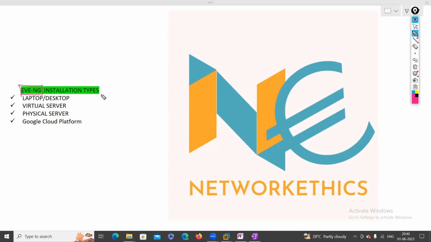GNS3 will not support normal switching properly, though it supports routing protocols and other devices efficiently. And the Packet Tracer tool has some limitations, where some Cisco IOS operating system features will not work efficiently. But EVE-NG is a better emulator tool, so it will work with a number of